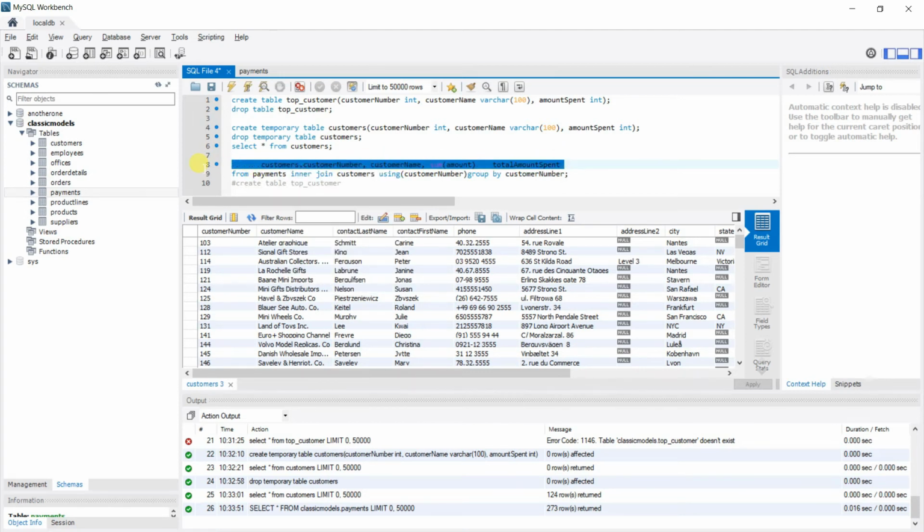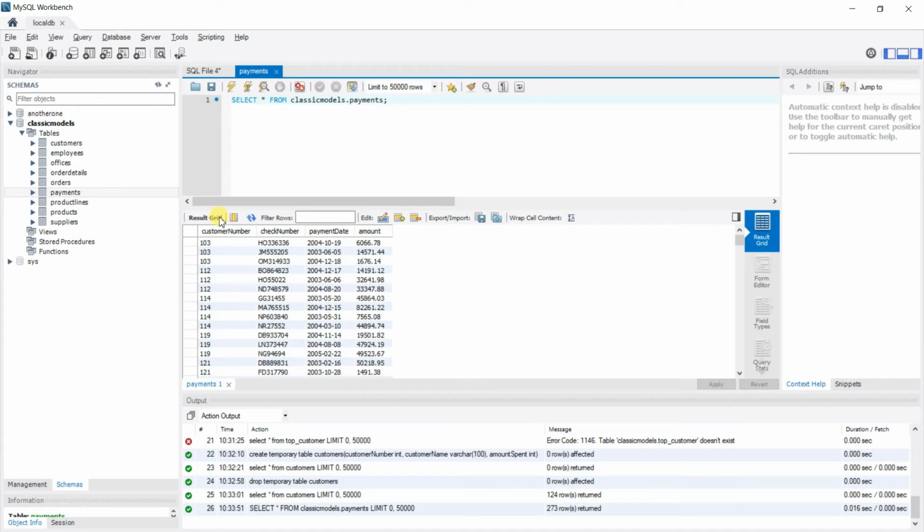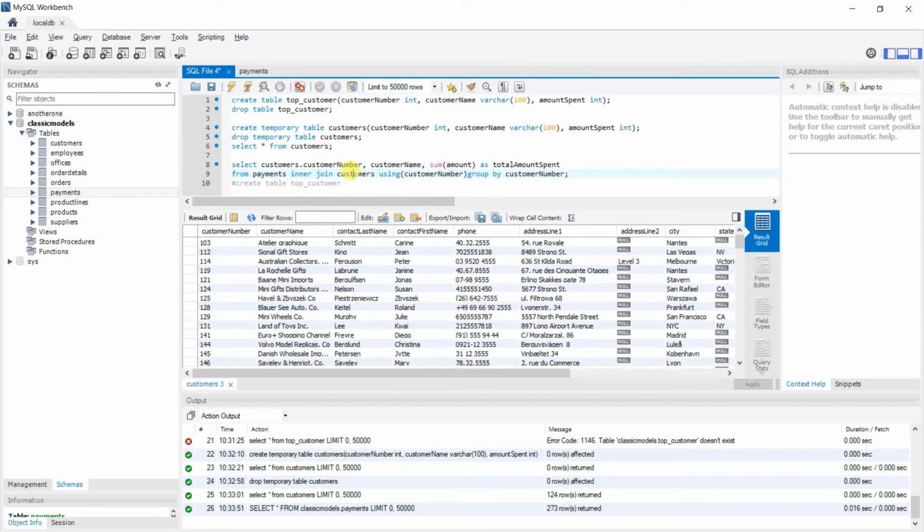First of all, we are selecting customer number, customer name, and sum of total amount from payments, and we are joining the customers table. We're joining payments to customers to get the name corresponding to the customer number. So we join this, and then what we do is